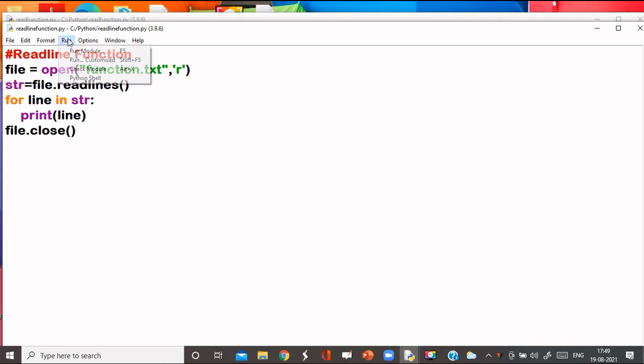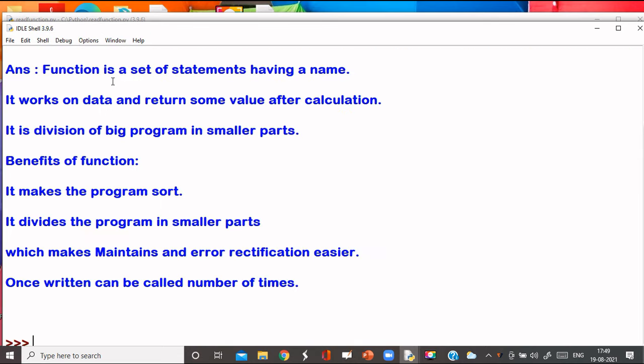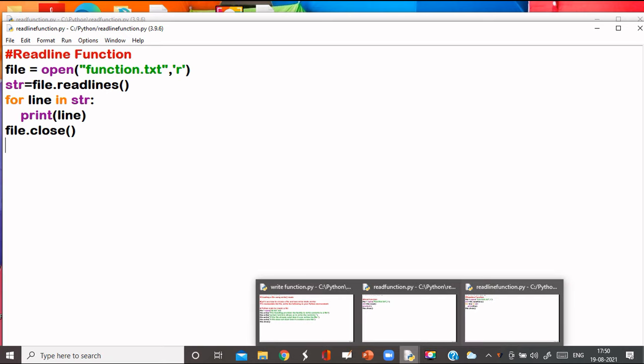Now you can see how the program is running. You can see that it is giving one blank space in between two lines. This is the default, and you can remove the blank spaces also. So this is the readline function.